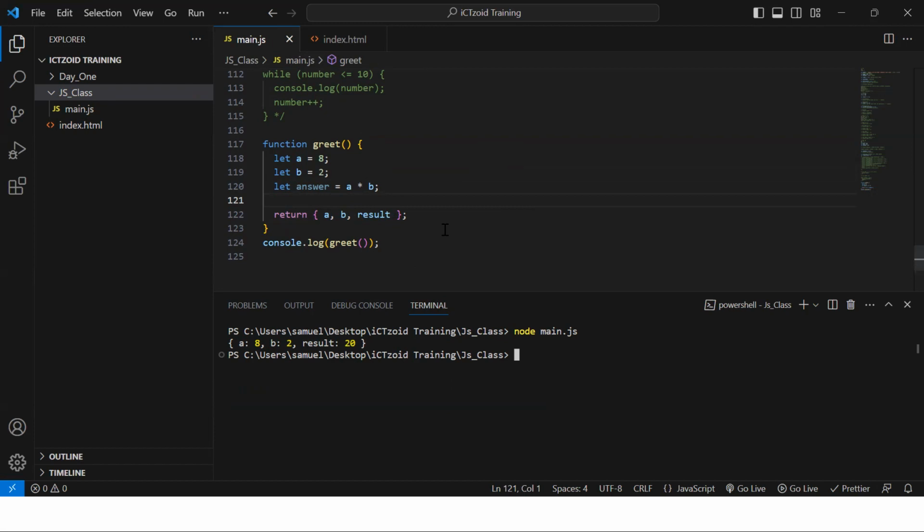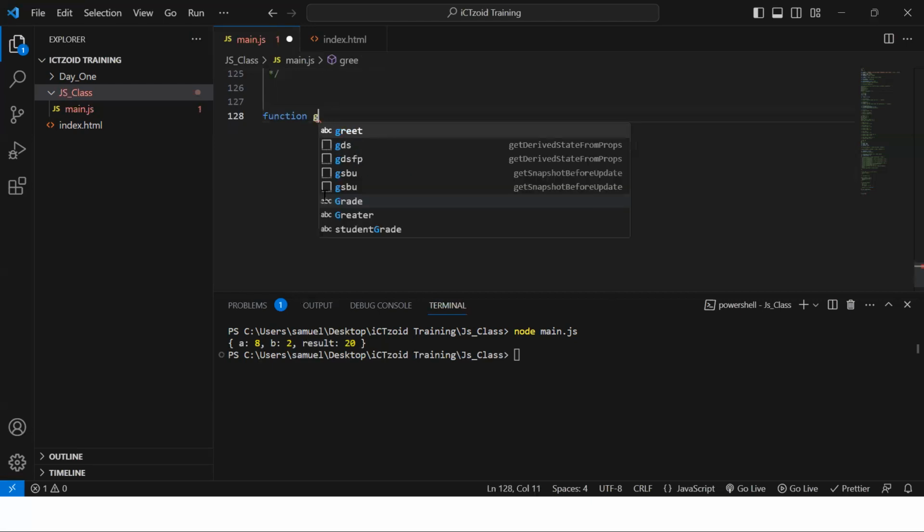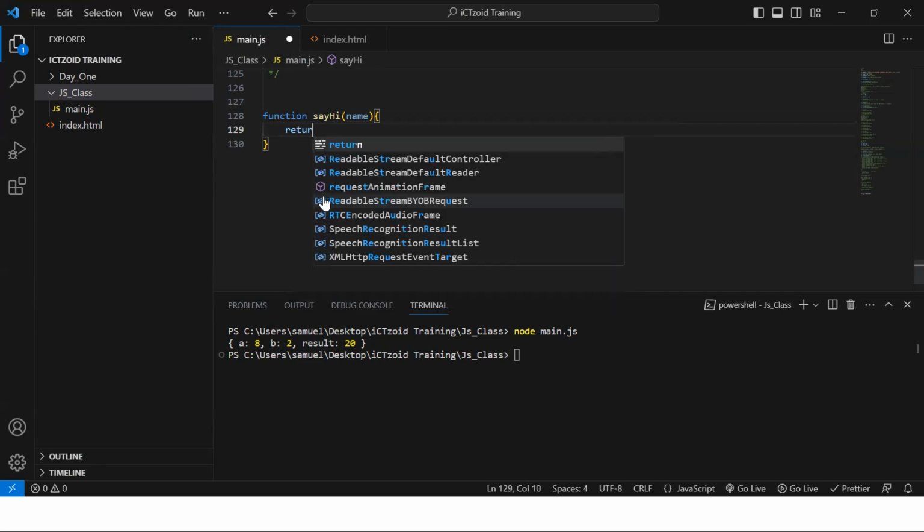But the key thing I want you guys to take is, in writing your functions, it begins with this, followed by the name of the function, this guy here now, right? So now let's say I want to write a function that greets somebody. Let me comment out this guy, and then we're going to stop after this function. All right, function, let me see, function sayHi. Then I want to say hi to somebody's name. I want to be collecting the person's name, and then I could return something like